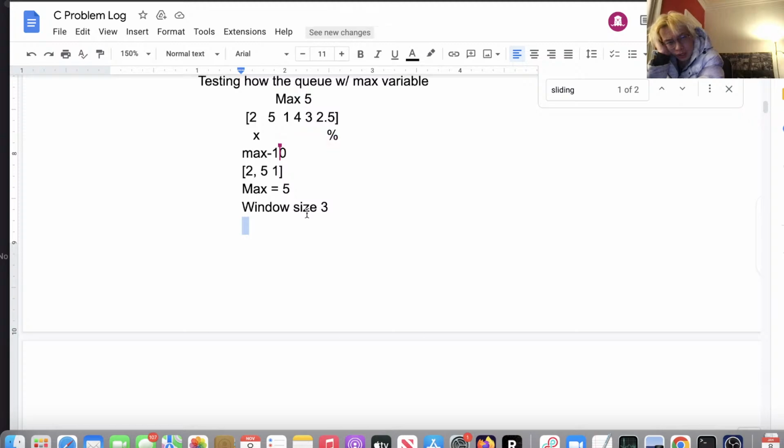Okay. But then what happens if your window size is 3, like I gave you? Why are you using max 5 instead of 3? How does this demonstrate anything different? Okay, yeah, so if the window size is 3... No, I'm asking why. You changed the variable to 5. My question is why? Everything you do in the problem, everything you do in engineering needs to be specific and have a purpose. Why did you change the variable?